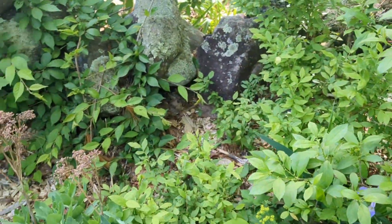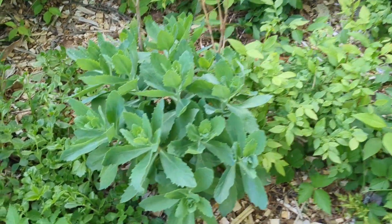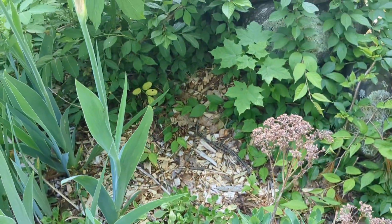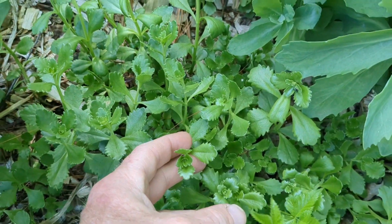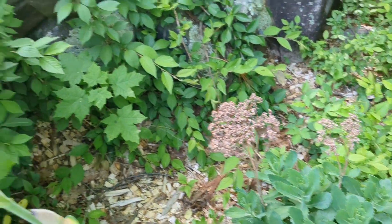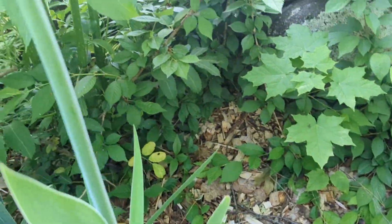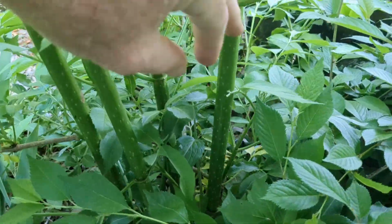But coming into this space here, we have more irises, some lovely little ground cover sedums, and other wonderful little characters. These guys are Fedimus. It's the little two-step. These come up with their flowers a little bit later in the season, just before the sedums do. And we've also got this lovely elderberry that is just going super hard right now on stem production. I doubt that this will flower since this is all first-year wood, but